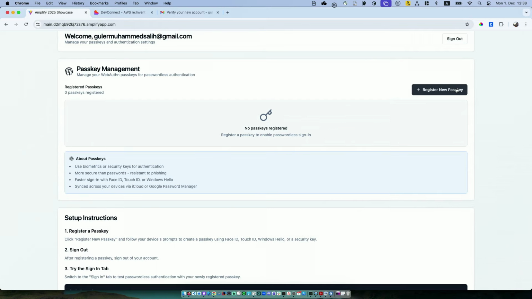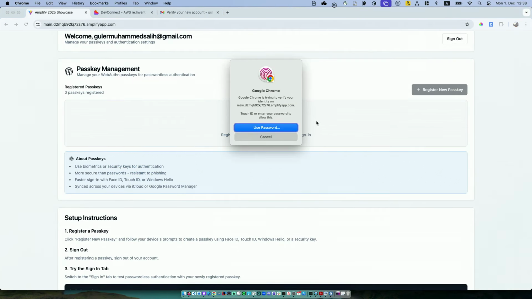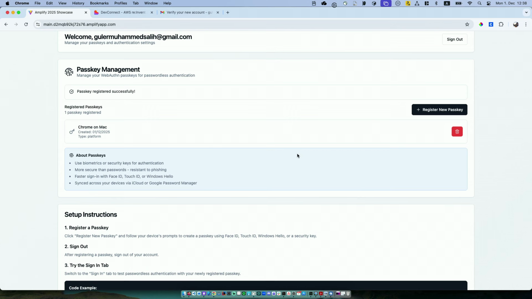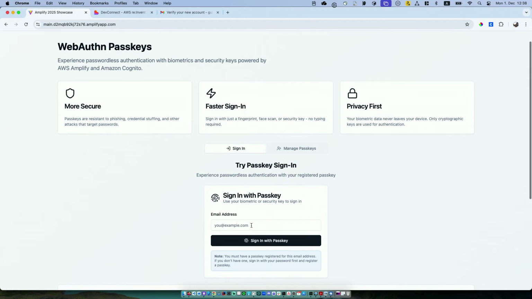To register a new passkey, we have directly APIs, directly functions that you can call from our libraries. So I click here and it will automatically showcase the email address. And once I select the profile, it will directly add it on Chrome. So if I sign out now and go back to sign in with passkey,